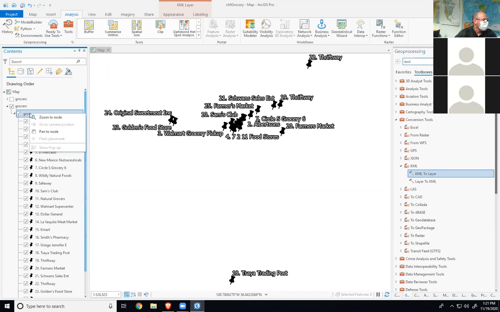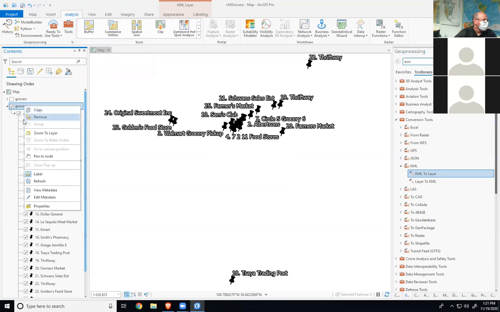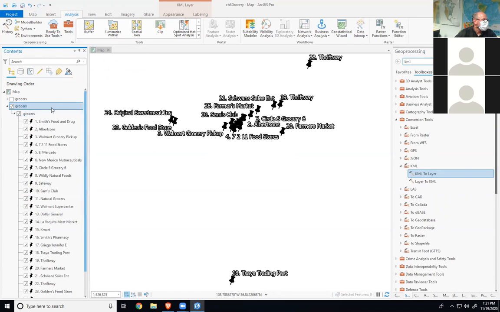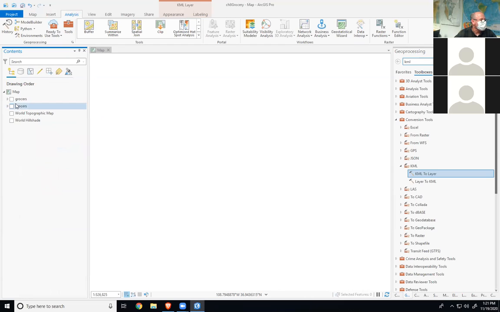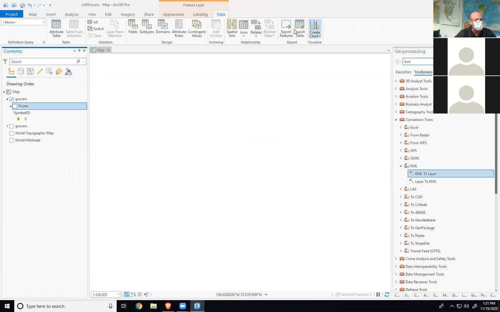So if I right click on this, maybe just this top one. See, normally I have a share where I can actually just export the data, but it's on this KML thing, so all my functionality has changed. I don't have as much anyway. So I don't suggest just dragging and dropping it in. I do suggest converting it to a layer, where I can go to data, export the table, whatever. I can treat it like a mapping layer that I can do stuff with better anyway. So yeah, I do suggest that